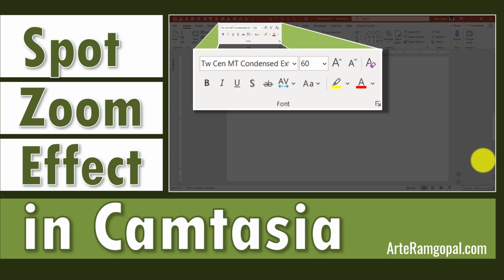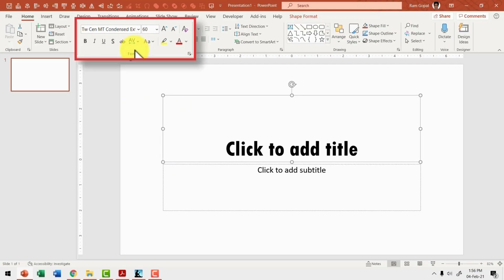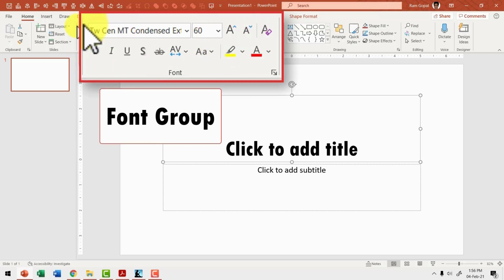Hi, let's learn how to create spot zoom effect in Camtasia. For example, if I have to explain the various groups in a PowerPoint ribbon like font group, paragraph group and drawing group, instead of just showing the various groups like this, the way I would demonstrate using spot zoom effect is like this. I point to the first group, see the caption as well, I explain it, and then it